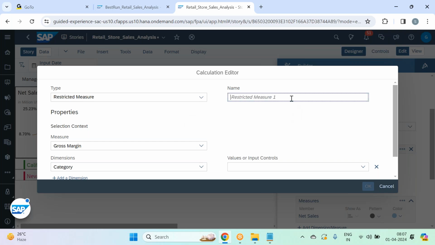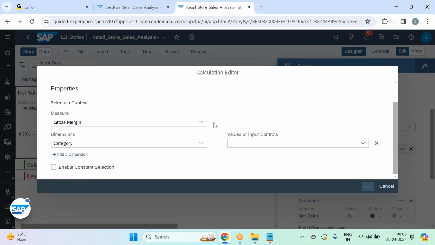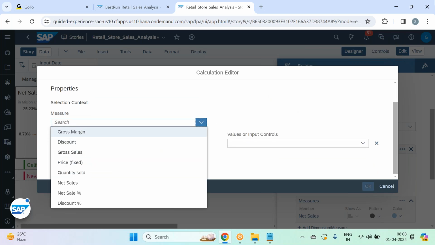It means I would like to compare your overall net sales in a region, in California, and how much percentage of that is coming from alcohol, how much percentage of that overall is coming from carbonated drinks, etc. In this case, I'll create a restricted measure, net sales by product. So here I pick my measure as net sales